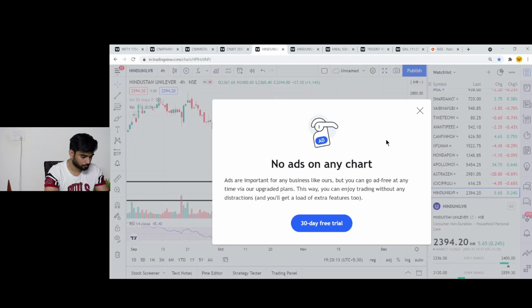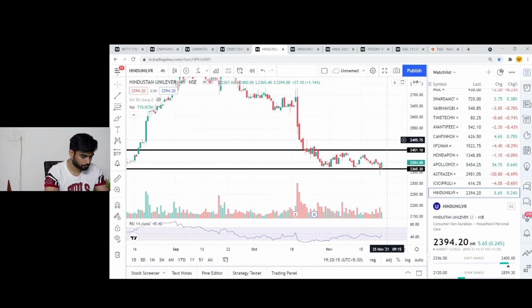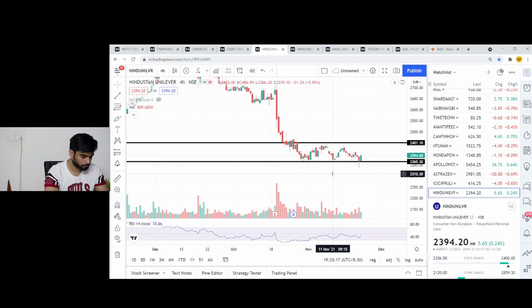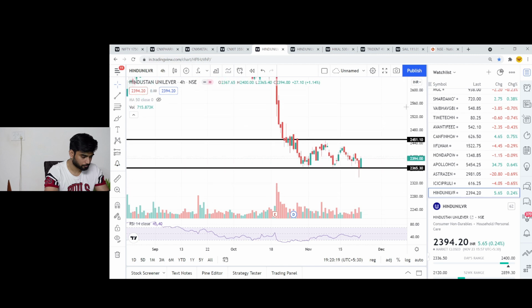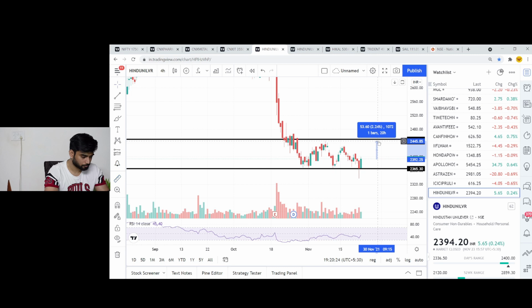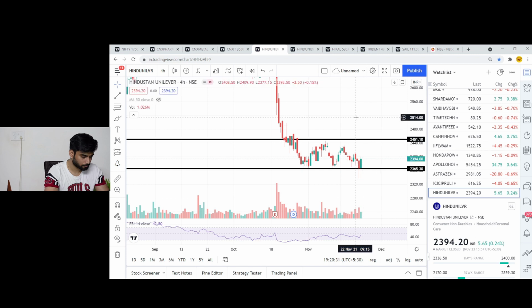One reason is that it has been sideways just like the FMCG index, and it is rising from here, and slight support will definitely take it towards 2400. That is a simple target, or we should easily get it. Apart from that, this is a very good stock, so you should not worry about entering into this. If you have the slightest risk in your mind, you can enter with a small quantity at the present level, and if you see a breakout with a strong candle above the 2450 level, you can add up the quantity.